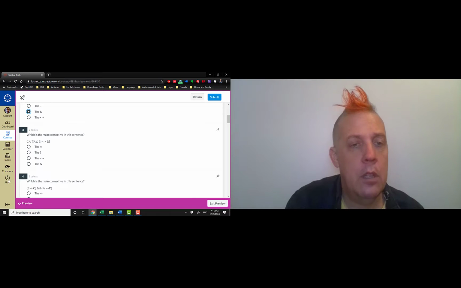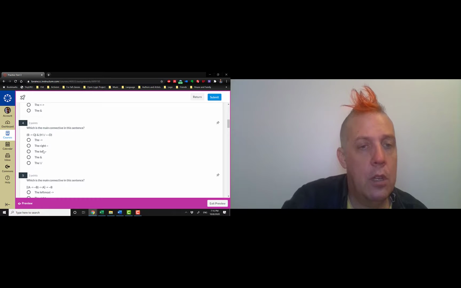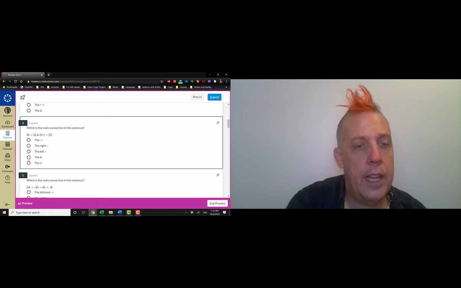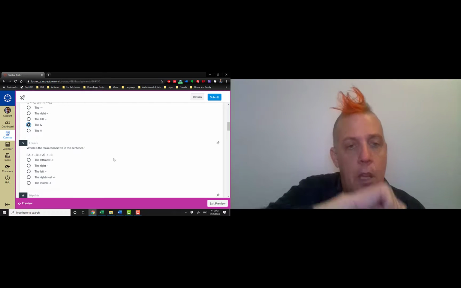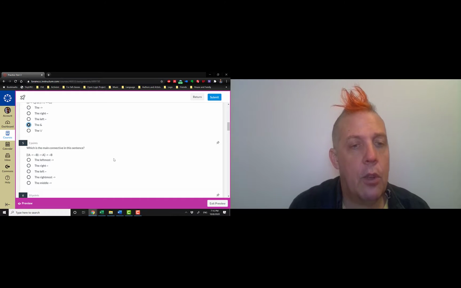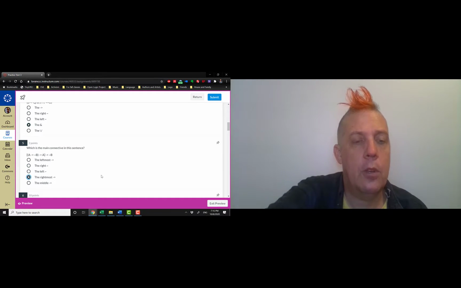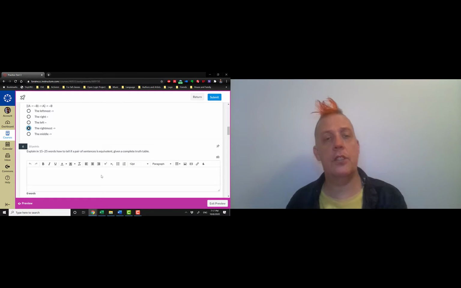For this one, the or is the main connective. Notice I've got an extra wrong answer here saying the bracket is the main connective. Okay. For number 4, it is the and, and for number 5, it's the conditional that is all the way on the right. Okay. Now we get into number 6, a